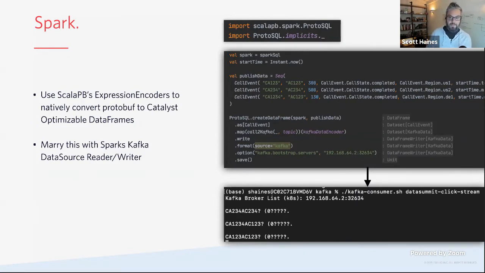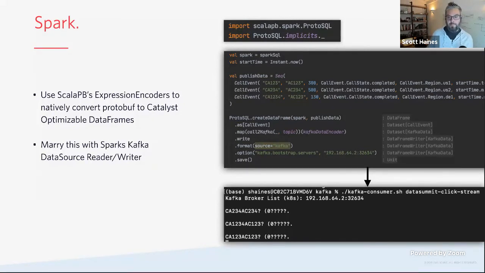The ScalaPB library has a plugin, ScalaPB for Spark SQL. What the Spark SQL library does from ScalaPB is it creates these internal encoders. So inside of Spark itself, you have the ability to take binary data that is typed with a schema, and that data ends up becoming what's known as a Catalyst data row. The Catalyst data row inside of Spark SQL doesn't necessarily handle protobuf out of the box. But by using the Spark ProtoSQL library, you can actually interoperate directly with protobuf